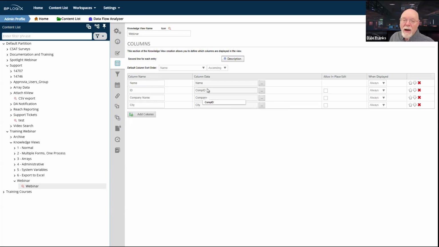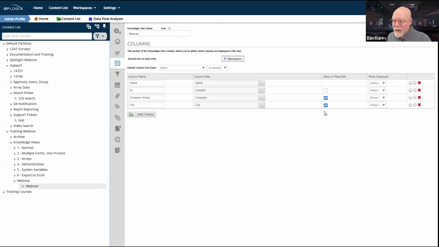Of course, if I am returning a single form and I want to be able to edit in my form, you probably wouldn't want to give this to the end users, but for administrators, what you might want to do is turn on in-place edit to allow you to edit some of these fields.